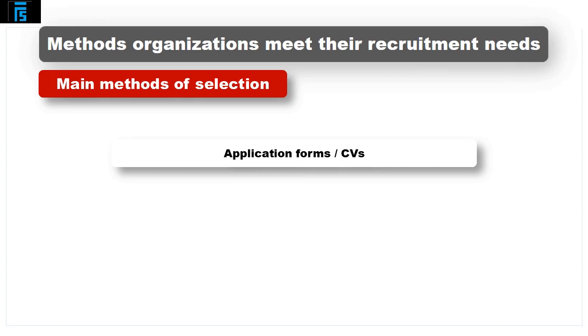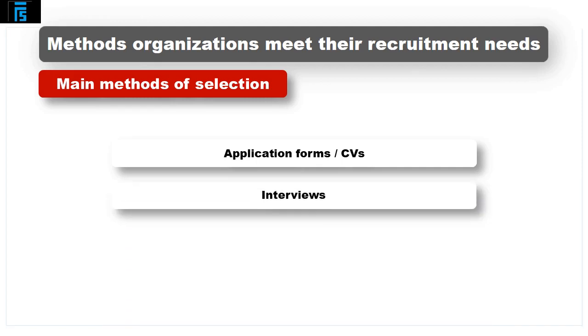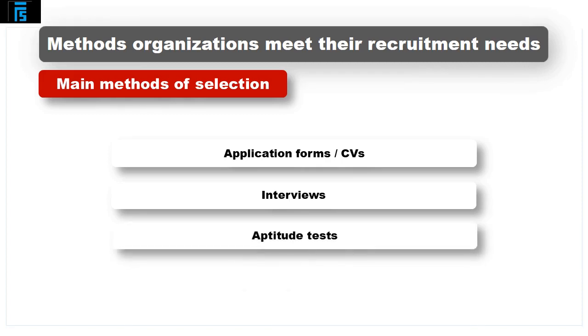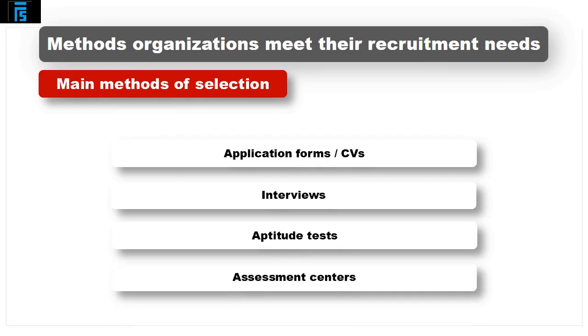There are various different ways that you can do this. You could, for example, talk about using interviews, and we'll talk about interviews in a minute. You could, for example, use what are called aptitude tests. An aptitude test is seeing, are you going to be any good at this particular role? It's often a very practical one. And finally, an assessment centre, which tends to be a mixture of various other ways of doing things.